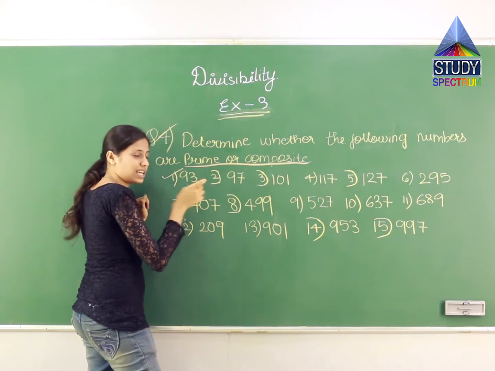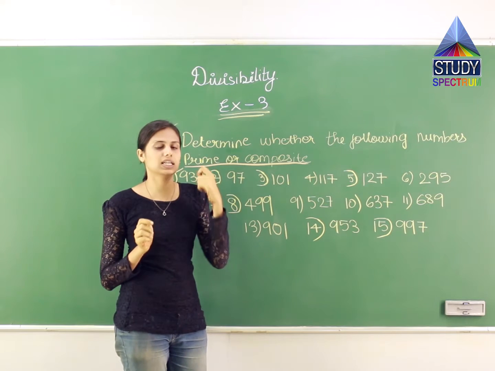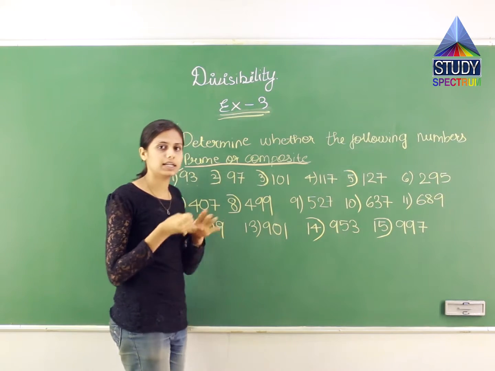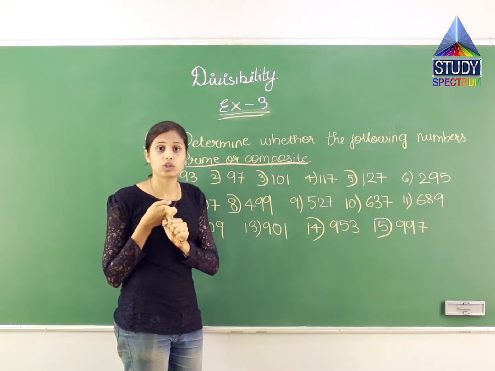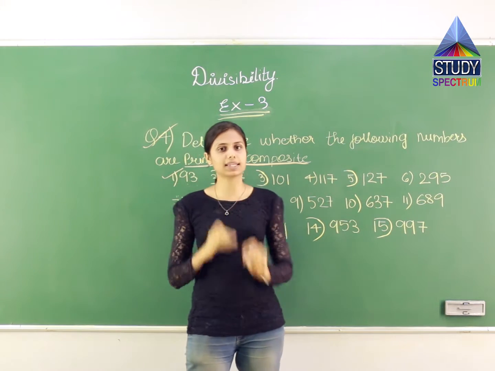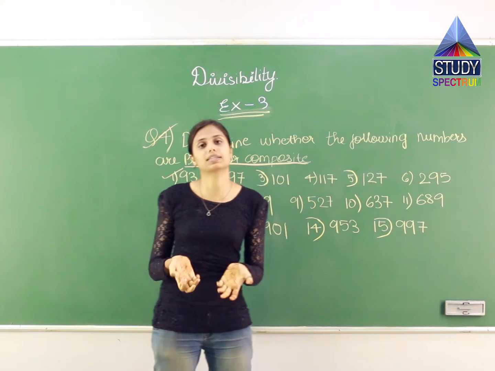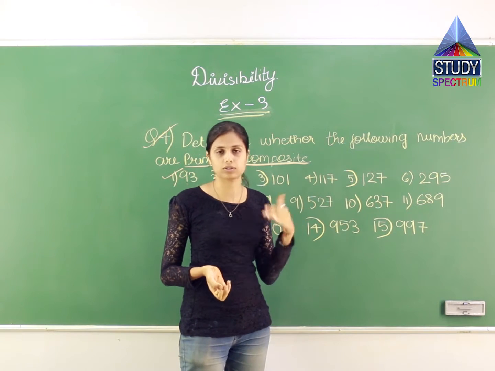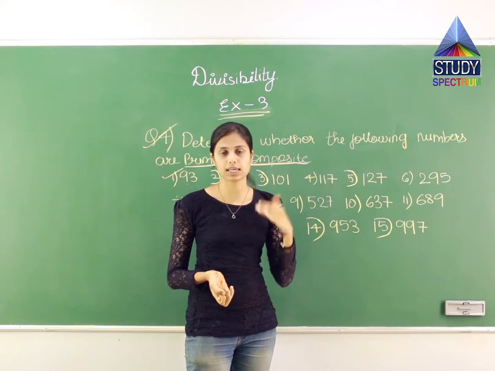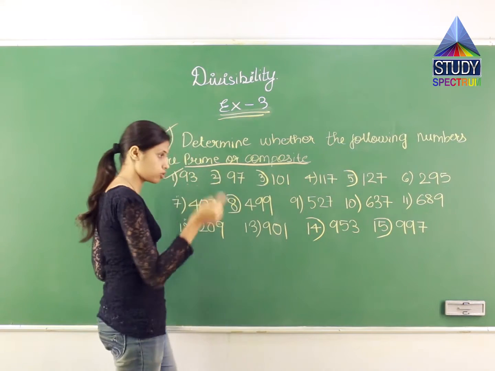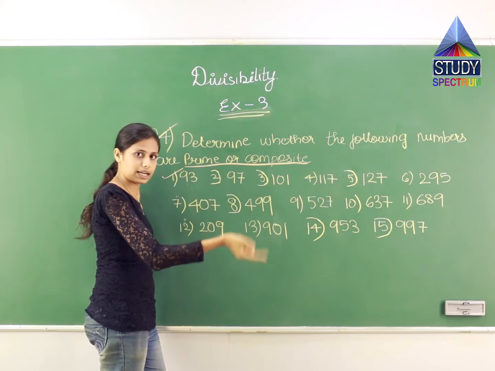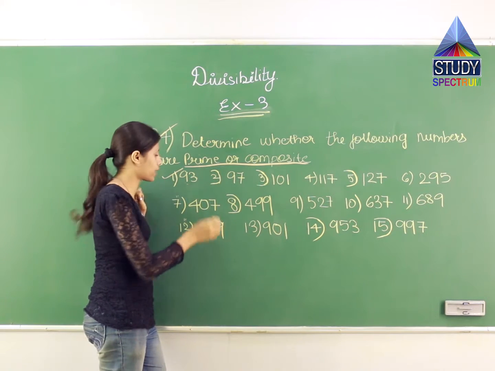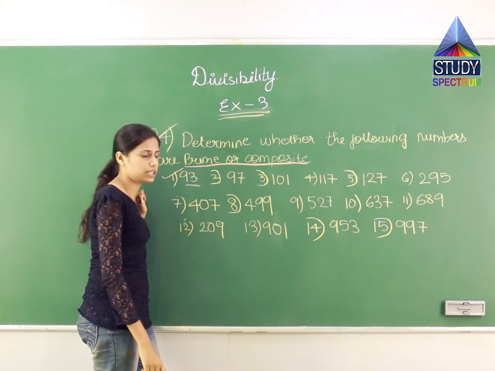Tell me, 93 है तो we will check first with 3 के टेबल में आता है कि नहीं. So what we will do, add them. 9 plus 3, 10, 11 and 12. 12 3 के टेबल में आता है. If 12 3 के टेबल में आता है then 93 भी 3 के टेबल में आएगा. So 12 1s are 12, 12 2s are... 3 1s are 3, 3 2s are 6, 3 3s are 9, 3 4s are 12. So 12 3 के टेबल में आता है. So 93 will also be there in the table of 3. So I can say that this is a composite number.